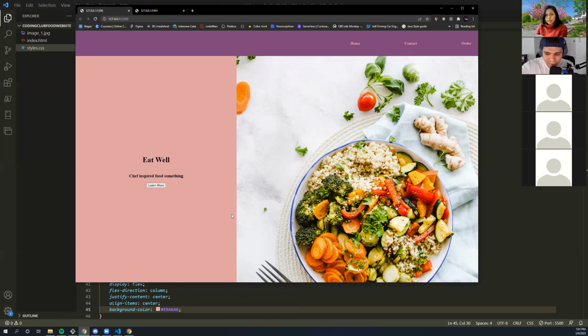We only have a couple more minutes left. I'll let you guys pick actually. Would you like to create another container like this container, or would you like to style this text and this button? Okay, so we're gonna style up this button